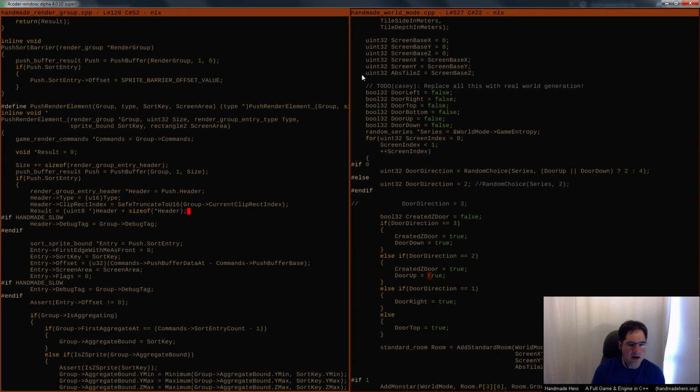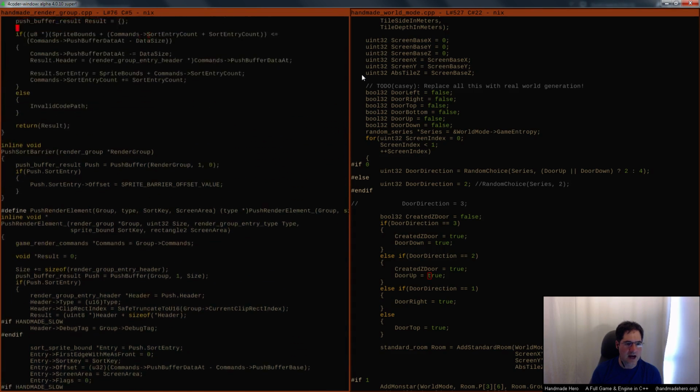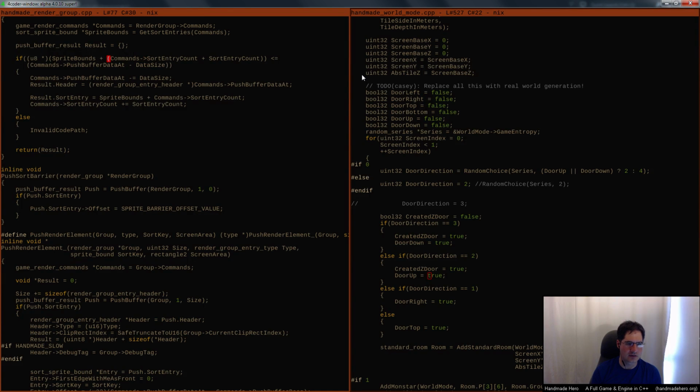One thing that's true about this is I do want to make sure that this offset is actually correct now. We know that it's not woefully correct. It's not crashingly wrong, but we don't know if it maybe points at slightly the wrong thing. So if I have my push buffer data at and my push buffer base, and I subtract those two, what I want to know is, is this actually pointing at the correct location? I think that it is, but let me just make sure of that.